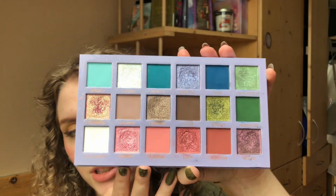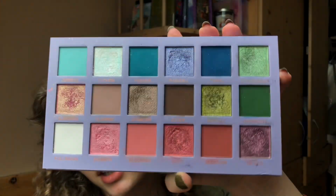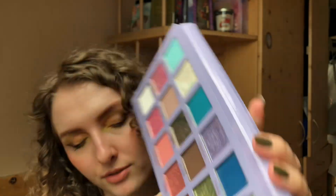But I love her, especially the greeny blues. They are so perfect for summer, and even some of the pinks. I usually tend to go for pinks in summer and spring. Sometimes I get the rush to do that. Normally I don't really wear pinks throughout the year, but there's something about spring and summer that always inspires me to use them. So yeah, I love, love, love this palette, and this is the second palette that I'm gonna bring